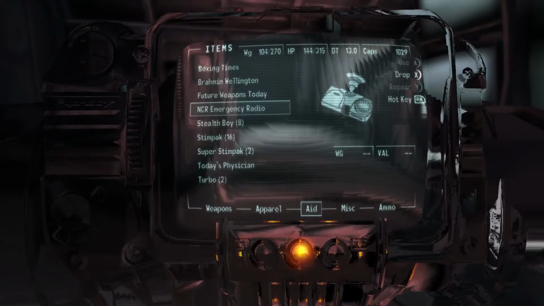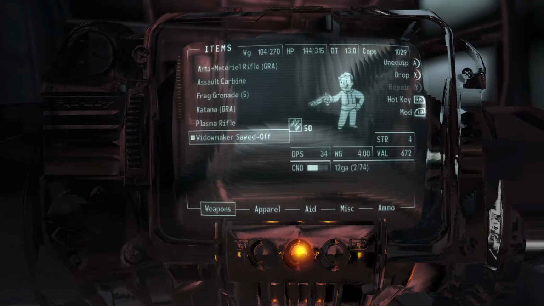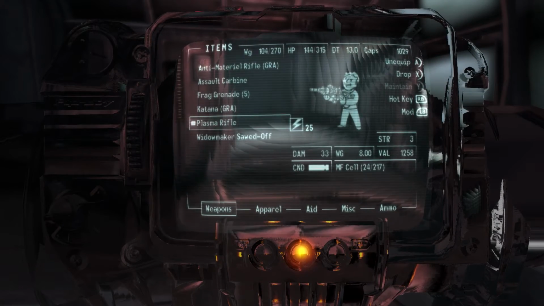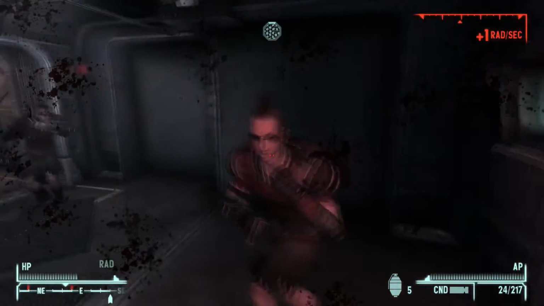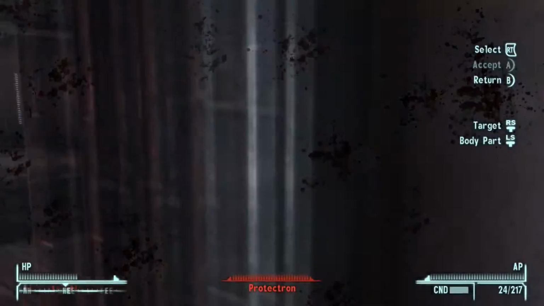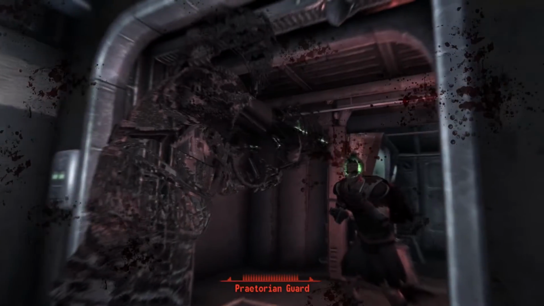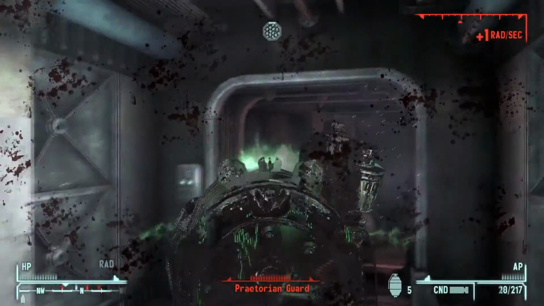It didn't work. Alright, you can now either pop another stealth boy or fight him. Alright, let's see how this goes. Had enough? What, the sentry bots, huh? Yeah. These guys do take...